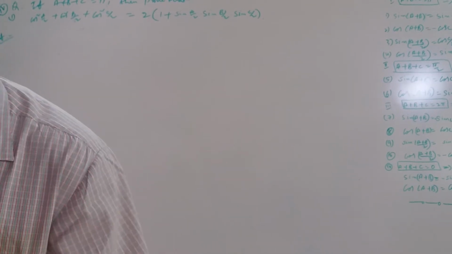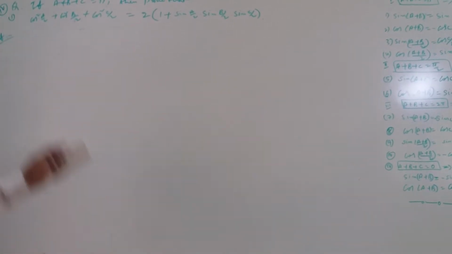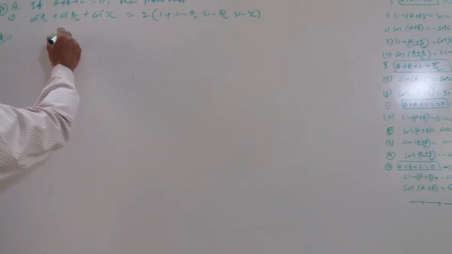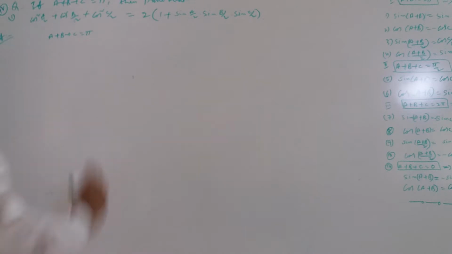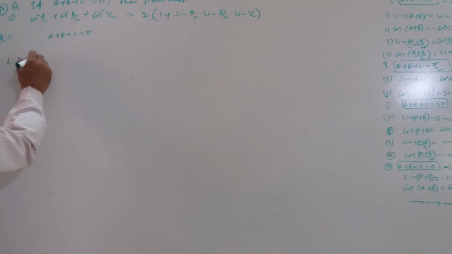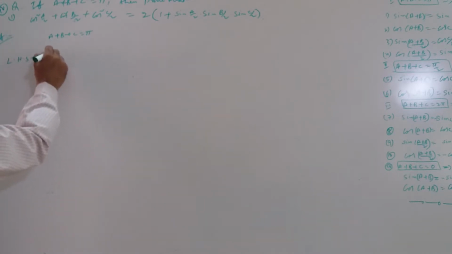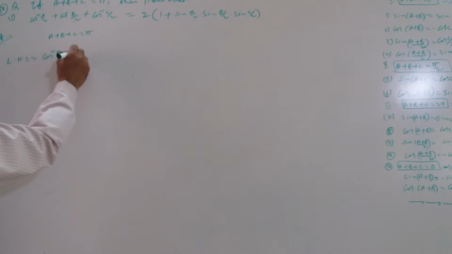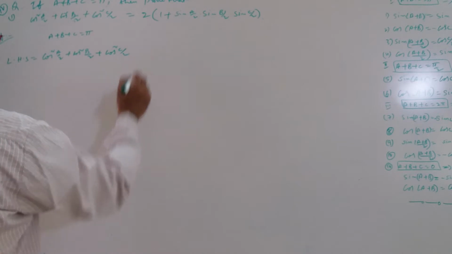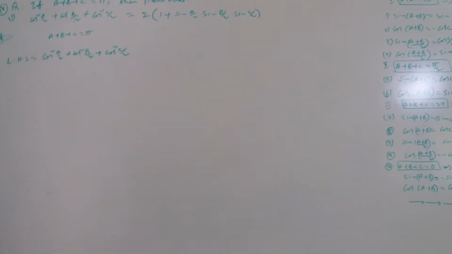For that, we have to prove what is given. Given condition is a plus b plus c is equal to pi. No problem. Then take LHS. What is LHS? Cos square a by 2 plus cos square b by 2 plus cos square c by 2. This can be written as cos square a